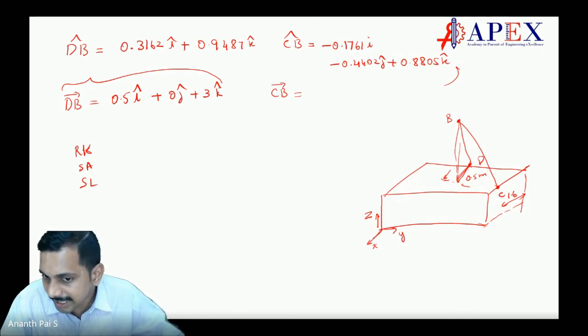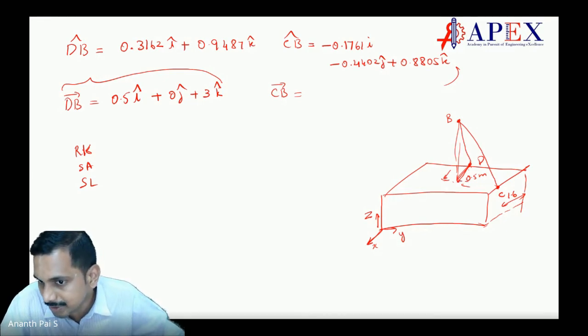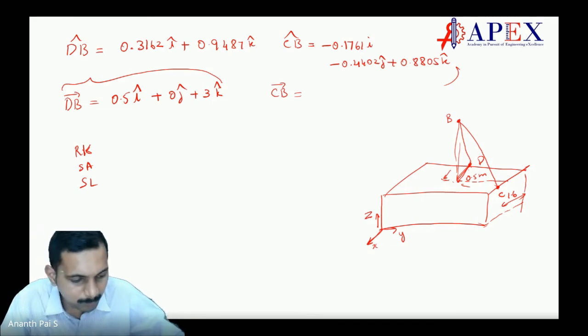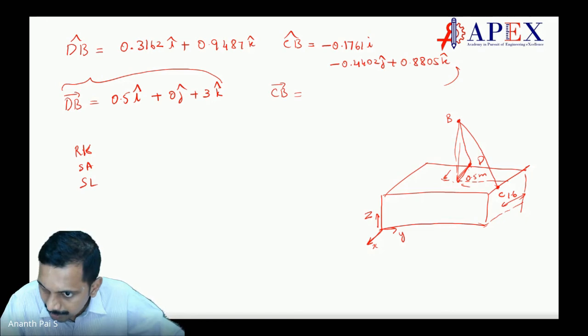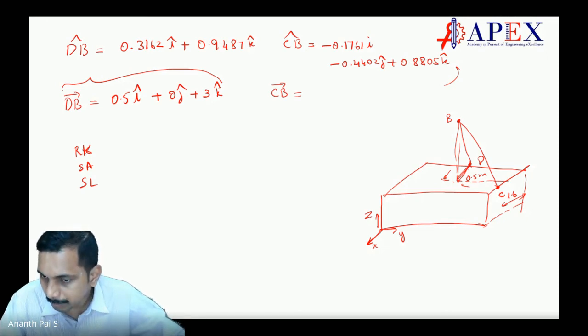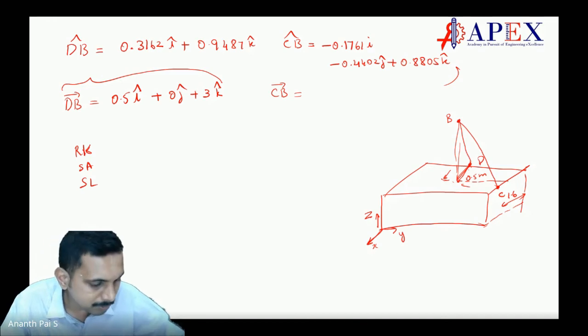Which is the direction? X is this direction. First, we have to see how much I have to go in the X direction. What is that I have to go in the X direction? From 1.6 minus 0.5. What is 1.6 minus 0.5? Observe that. What is it? 1.6 I am going here, but 0.5 we have to minus. Is it not? Because this is 0.5. Or is it 0.5? No, it is 1.